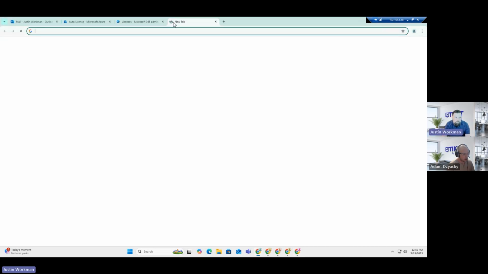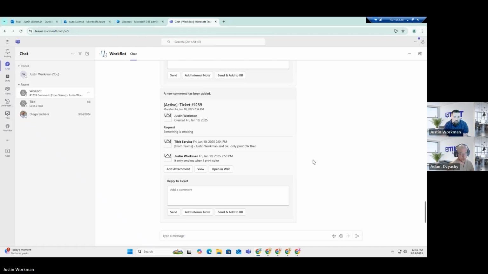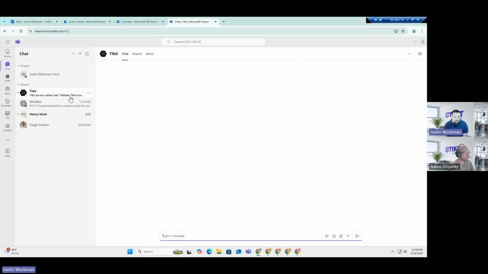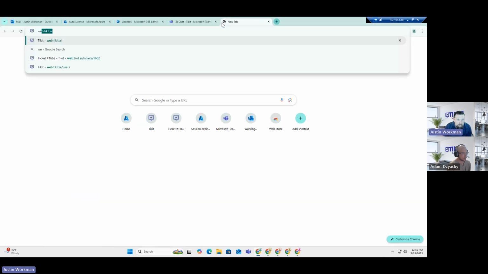So if I check Teams as Justin, the one that gets assigned that task, I should see, yeah, there's my validate ticket license for my new agent, John Smith. Again, that's the title that we constructed in Power Automate to add that dynamic first name, last name to this validation task. So now what I'm going to do is, as Justin, go validate